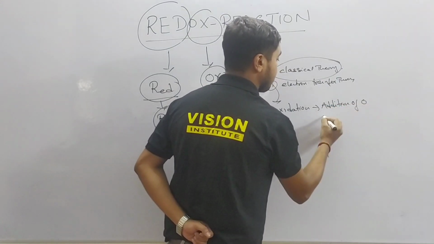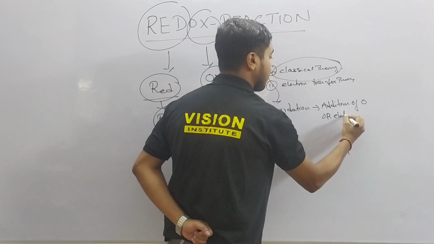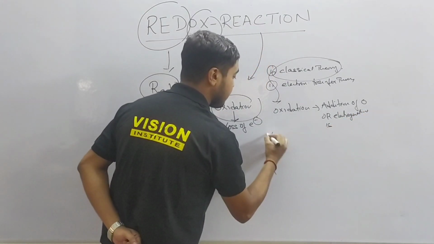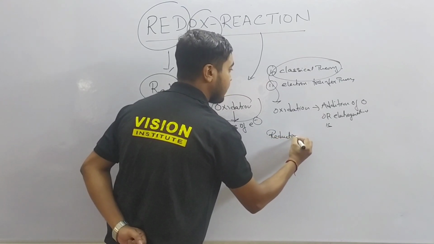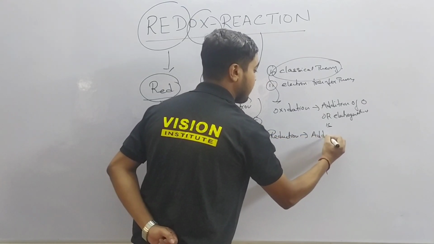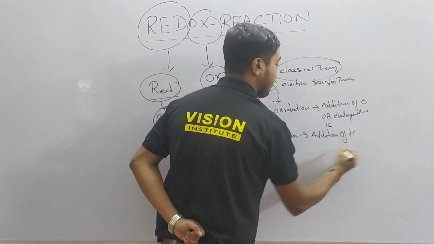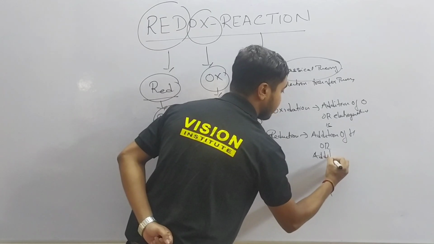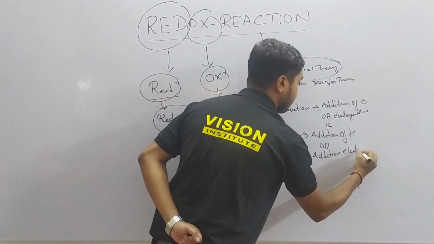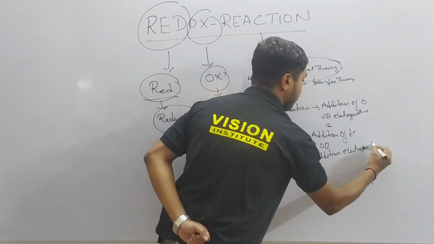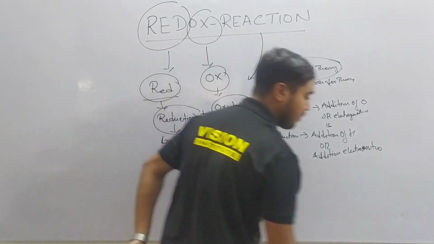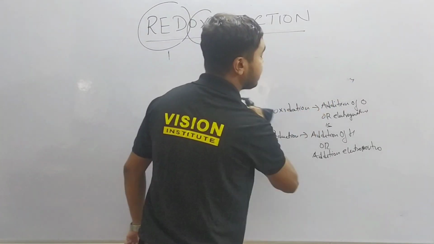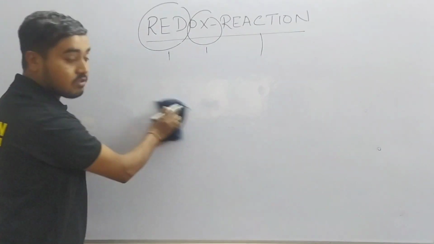or electronegative groups is involved, whereas reduction means addition of hydrogen or addition of electropositive groups. So in this redox reactions, basically we are going to discuss